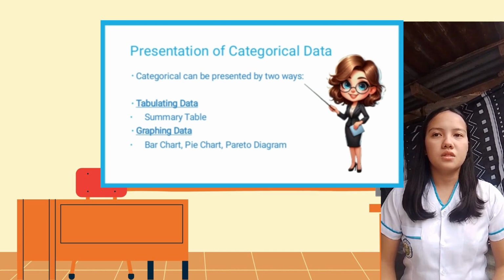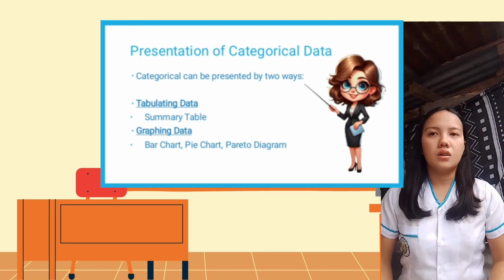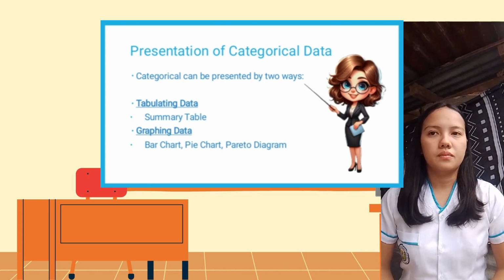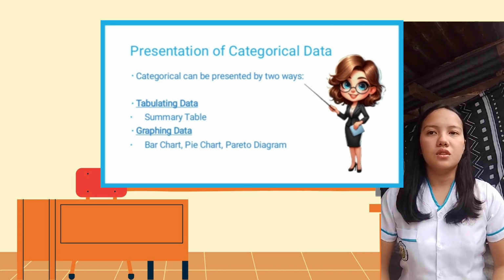We can use numbers to represent the frequency or count of each category. The second is graphing data. This involves using visual representations to show the data. There are different